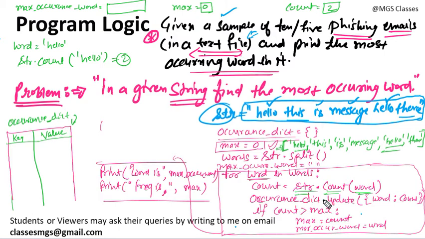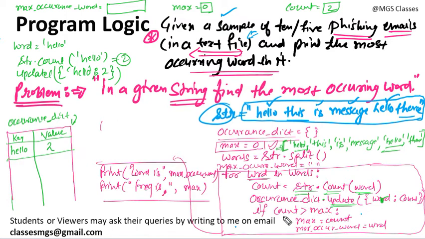Now you are updating the occurrence dictionary. You are calling the update method, and you are passing wrd, which will be the key. So wrd is what? Here hello will be the key, and the value will be the count value, which is 2. If you call the update method like this, and the dictionary is currently empty and this key is not there in the dictionary, it will insert this key value pair. So hello and 2 will be inserted in this dictionary like this. This is the first entry.